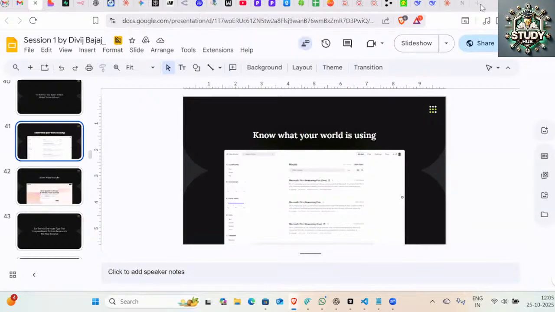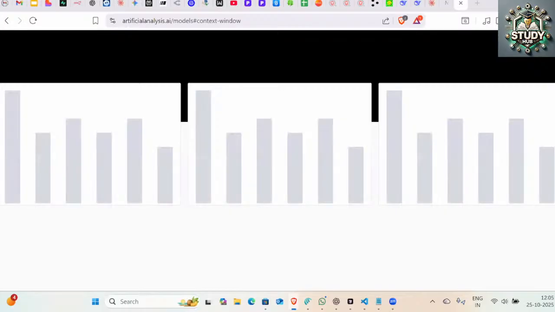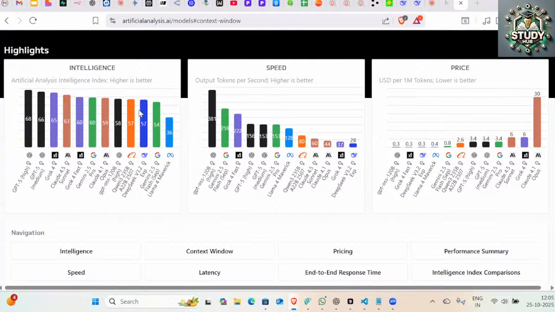I already showed you OpenRouter, the leaderboard, but this also you can refer to. This is also a very good resource when it comes to selecting the best model, so that you can have the top five or top 10 with you and benchmark them, right? Based on speed, based on price, intelligence. So let's say you come to me and say, hey Divesh, I want to build an AI application where I want speed to be maximum. As soon as the user asks, I should get a response under 5 seconds. Right now, ChatGPT also sometimes takes 6 to 10 seconds, maybe 15 seconds, to give a response.